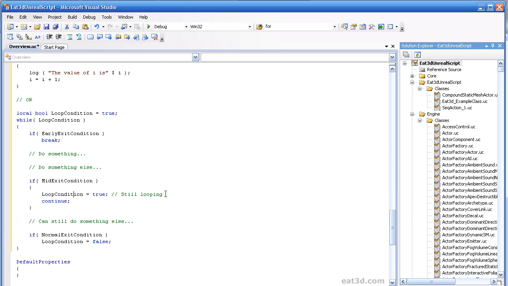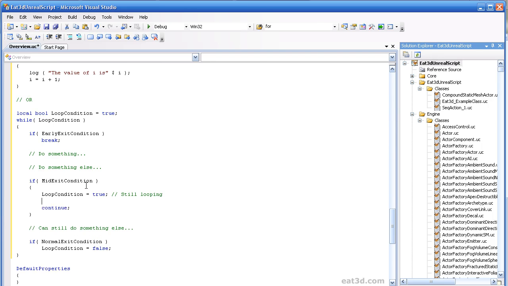Now, one thing you've got to remember when you're looping is, in this case, it would be an assumption that you would want to also set the mid-exit condition back to false, because whatever logic is presumably happening here that set this true, you'd want that to only happen that one time.